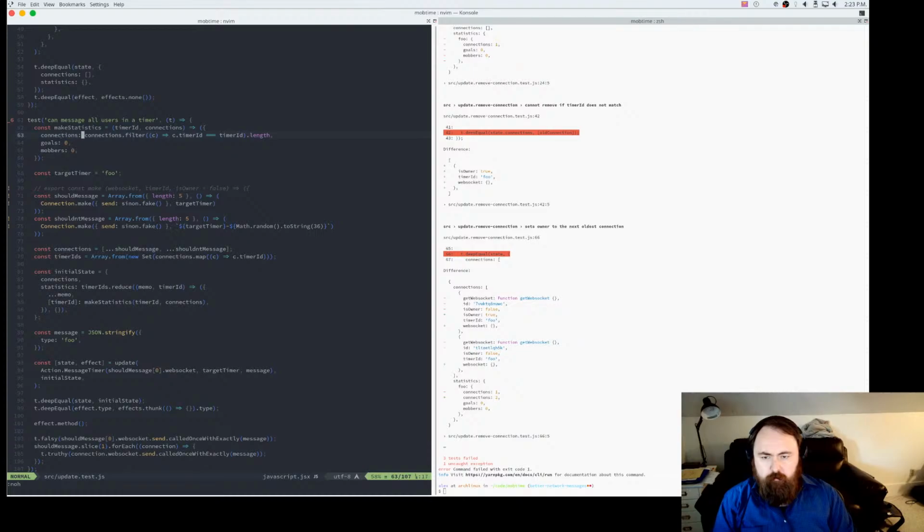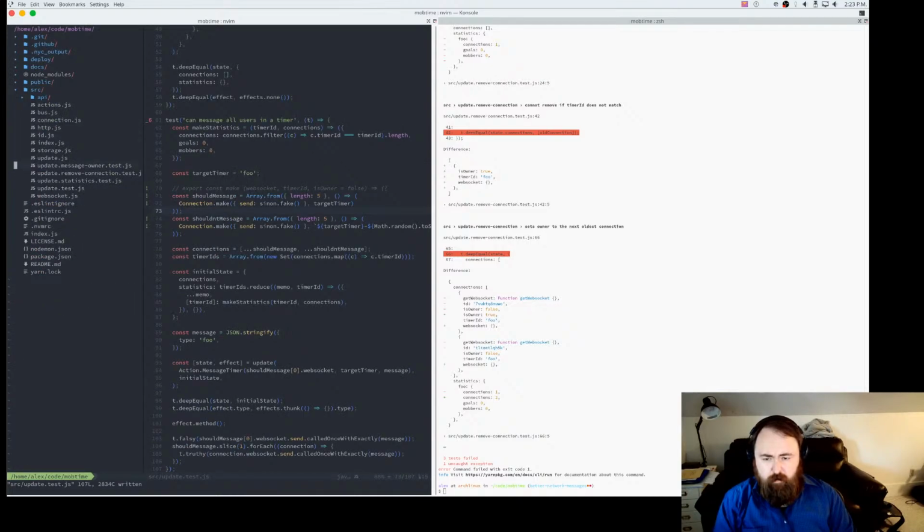Let's see, so we're update remove connection. Oh, I need some tunes. Here I was thinking like, man, it's real quiet, and it's because I don't have anything playing in the background, so it's just weird, super weird. All right, gonna turn that on, but I'm gonna turn the volume down. There we go. Nice.